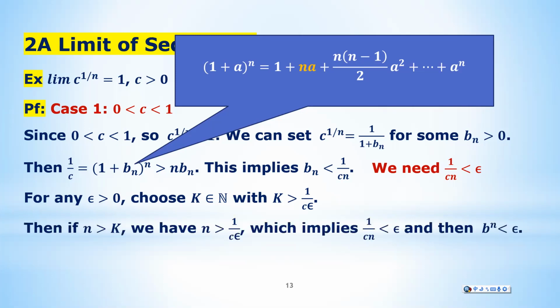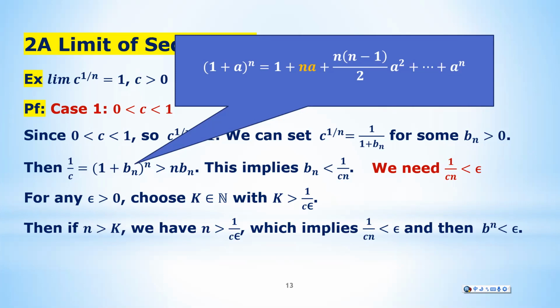So therefore, when n is greater than k, you will have n greater than 1 over c epsilon, which implies that 1 over cn is less than epsilon. And therefore, this implies that bn is less than